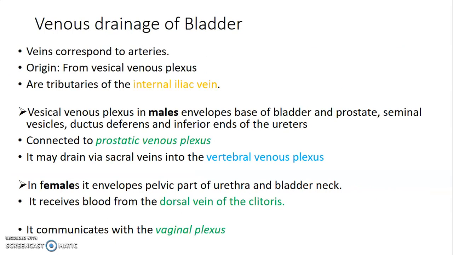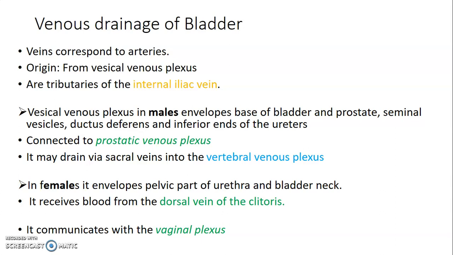The plexus of veins around the bladder will drain into the internal iliac vein, and this vesical plexus usually envelops the bladder and the prostate in males, as well as the seminal vesicles, the ductus deferens, and the inferior ends of the ureters. They're usually connected to the prostatic venous plexus and also may drain via sacral veins into the vertebral venous plexus. In females,